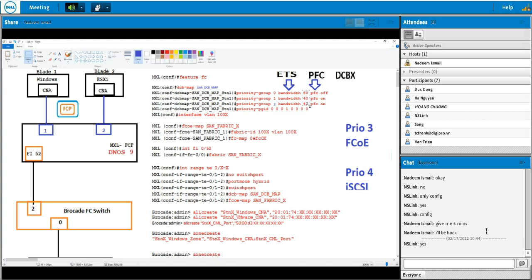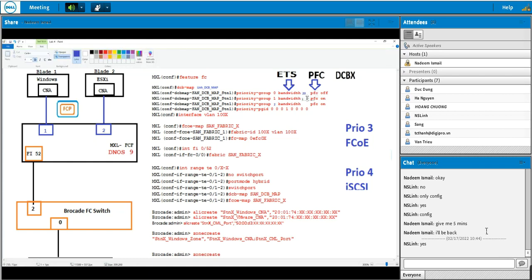And bandwidth, obviously, it cannot be like this, because it's more than 100. So I give 20% of bandwidth. 20% is what I'm giving